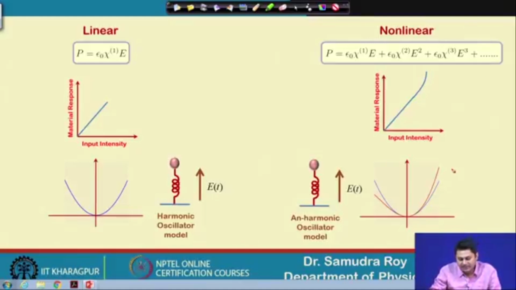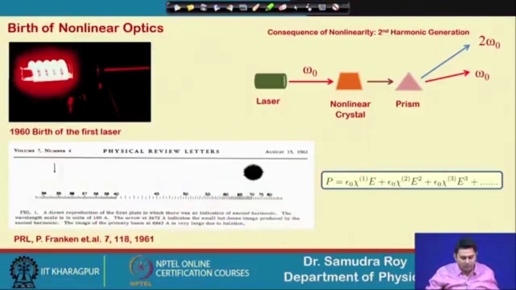So, if I increase the input intensity, then after some point Hooke's law breaks. So, we will have some kind of anharmonicity in the system, and as a result the electron will vibrate in a different way, and this basically gives rise to some kind of nonlinearity in the system. So, now we will also give you the idea of the nonlinearity, and this is basically the birth of nonlinear